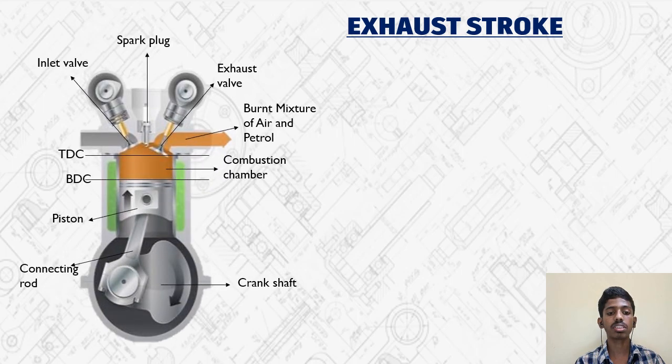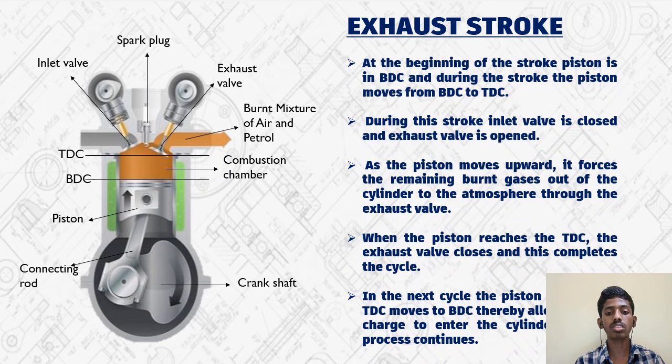Exhaust stroke. At the beginning of the stroke, the piston is at bottom dead center and during the stroke the piston moves from bottom dead center to top dead center. During the stroke, the inlet valve is closed and the exhaust valve is opened. As the piston moves from bottom dead center to top dead center, it forces the remaining burnt gas to enter into the atmosphere